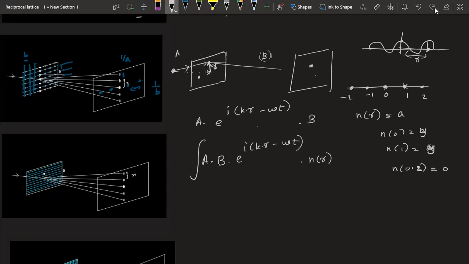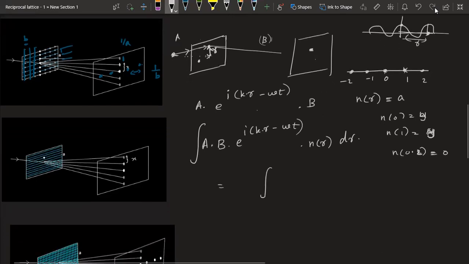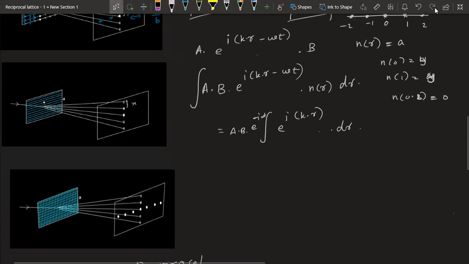So we integrate here. If you do some algebra, we can see that the only term that remains is e raised to ikr, and there will be some other term, a b e raised to minus i omega t, and dr will be there. So this is actually the amplitude of this particular wave, so we will take the square of it. Like say we have a complex number z, we multiply it with its complex conjugate and get a particular value r. So the complex parts will cancel out. I'm not going into the detail because we just need the qualitative idea. So we'll have e raised to ikr dr.